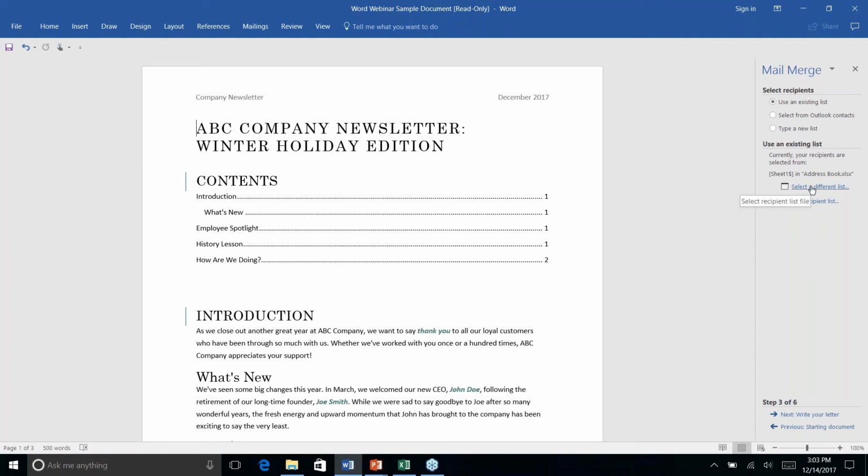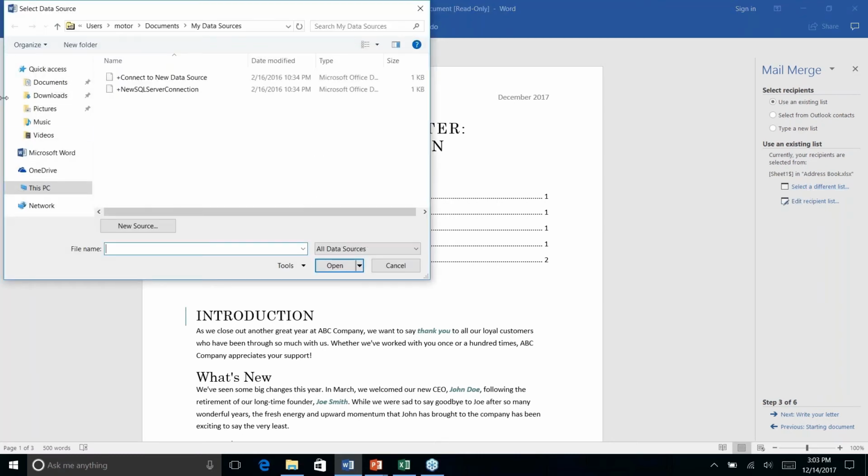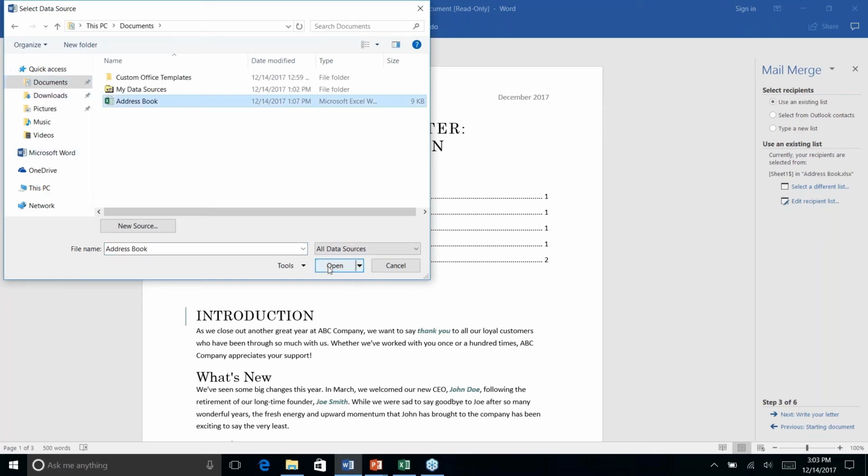However, a lot of us have an Excel file or spreadsheet file that has all of our contacts in it. So I'm going to click here where it says select a different list. I'm going to come to my documents where I have saved my address book. Now, of course, where you save your address book or what you title the file is going to be up to you, but this is